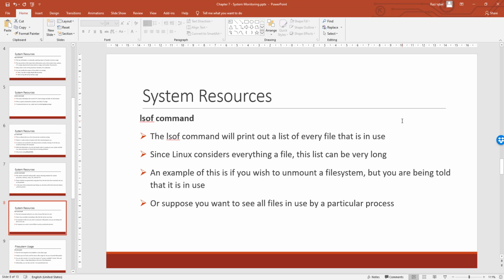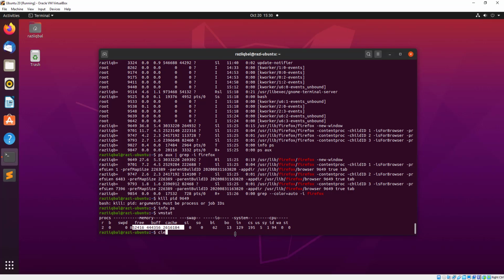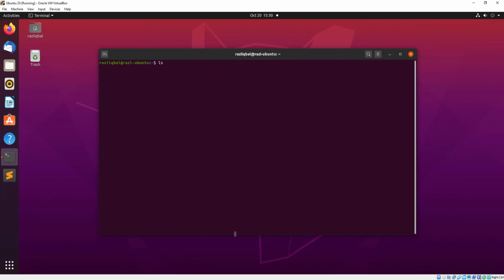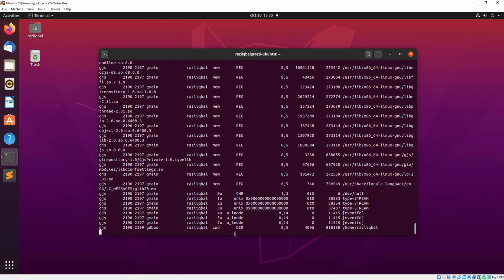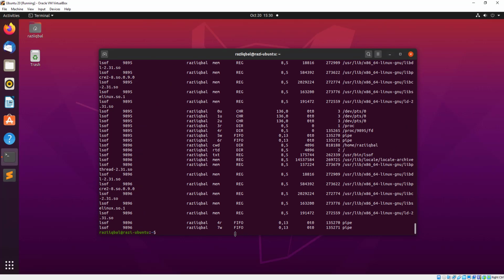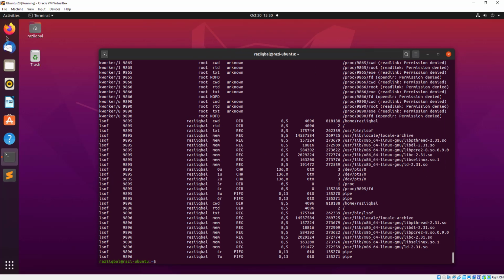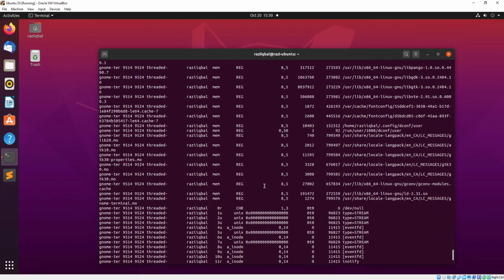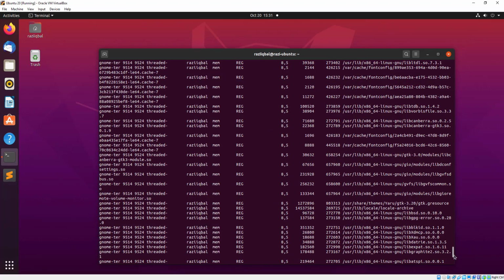Next is lsof. I don't want to run this command because, let me run it. So lsof lists all the files that are open at the moment. Since Linux considers everything as a file, even all the processes that are running are also files, right? So that's why it was showing all of them, although you can see that I don't have too many applications running over here. But when I ran the ps command, you could see that I have a lot of processes running, and when I run lsof, it ran